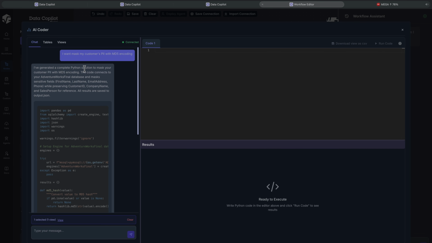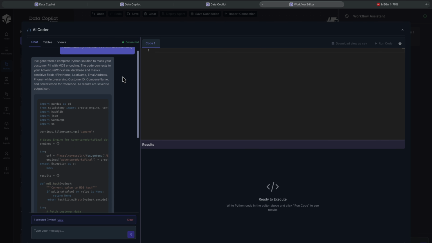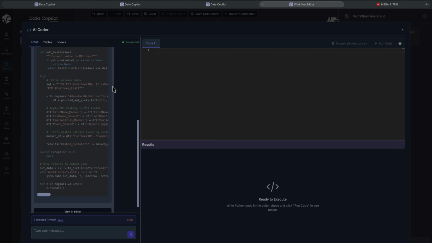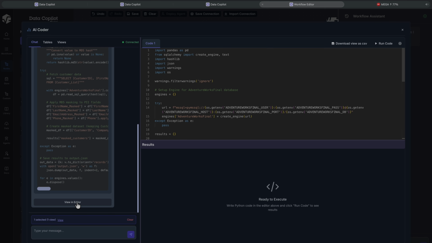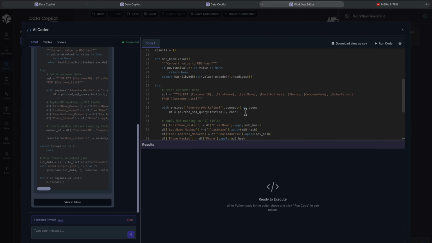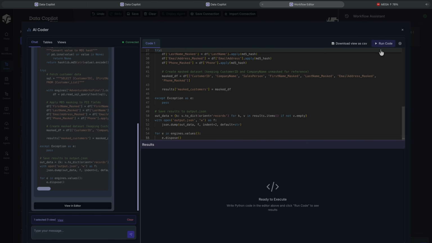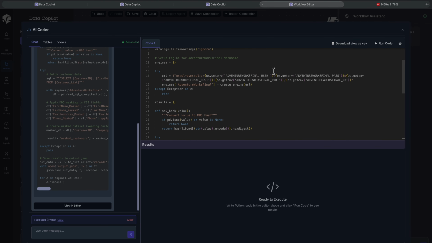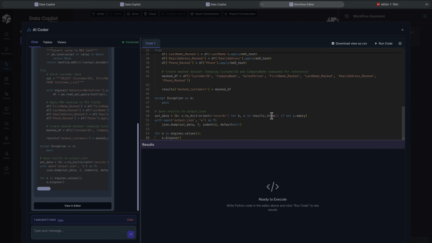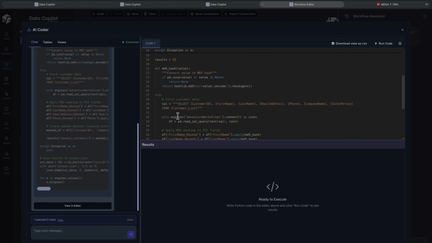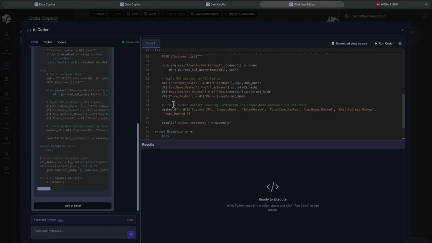You can read about that. The code connects to your AdventureWorks database and mask sensitive data, first name and this, and let's see that into the editor. It's the same concept. You can edit this here as well. Sometimes if there are any bugs, if you're a programmer, you can check and debug this directly from here,